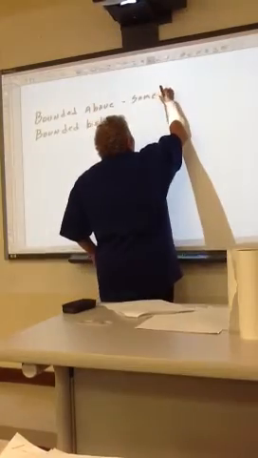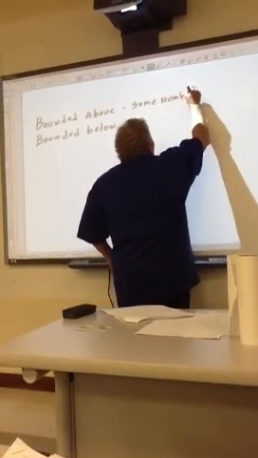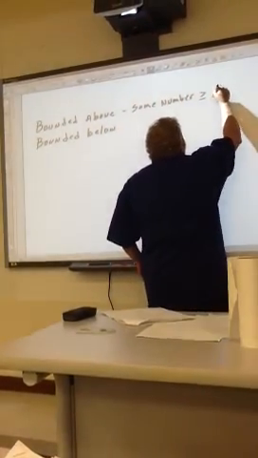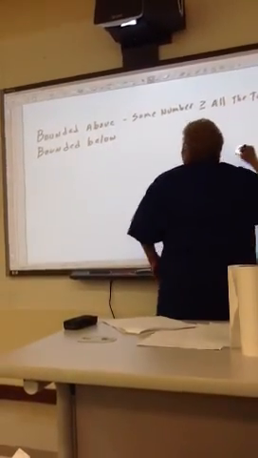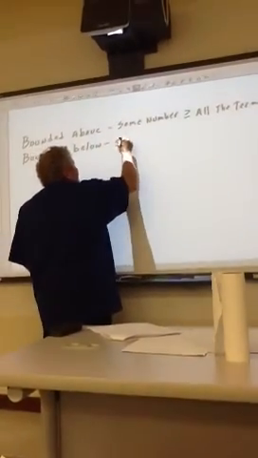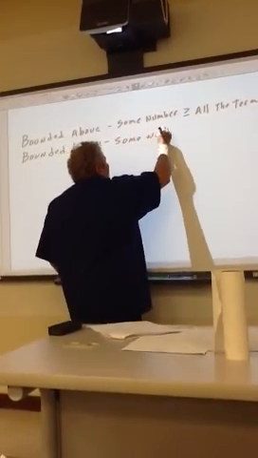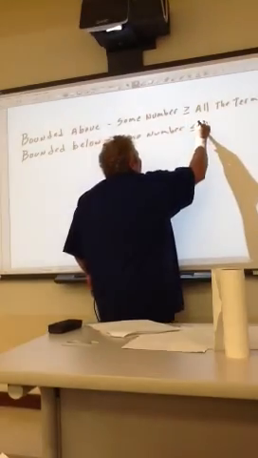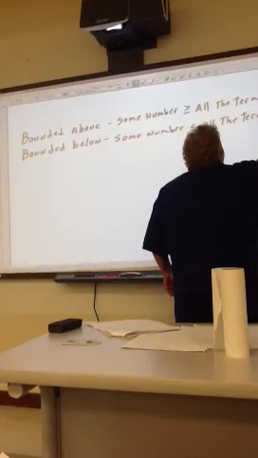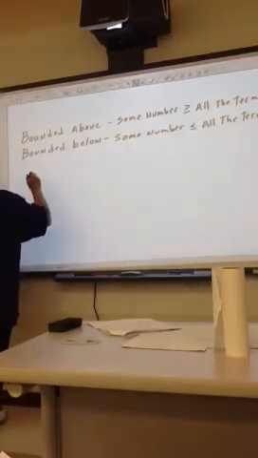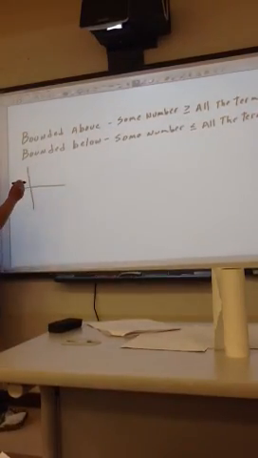If I told you that a sequence is bounded above, I'm telling you that there is some number greater than or equal to all the terms. If it's bounded below, there's some number less than or equal to all the other terms. So for example, if you graphed a sequence